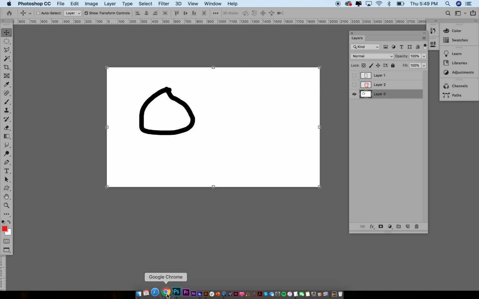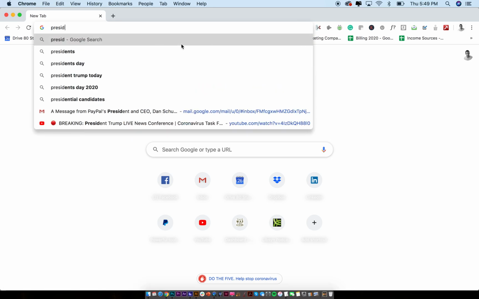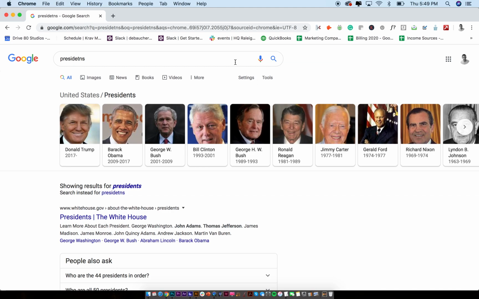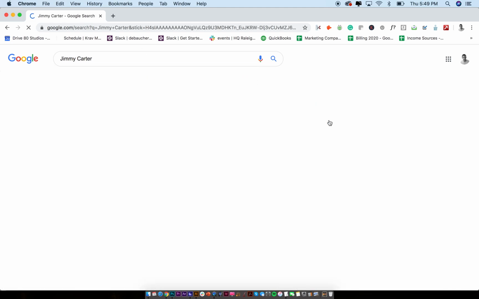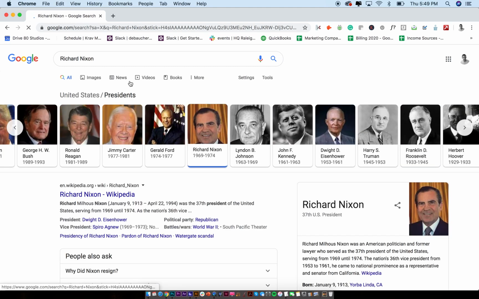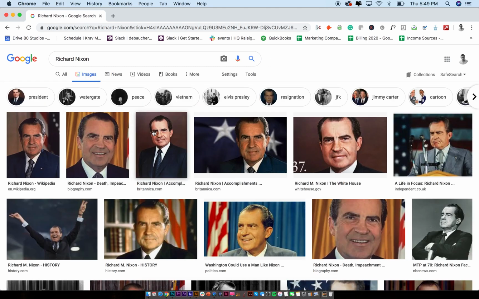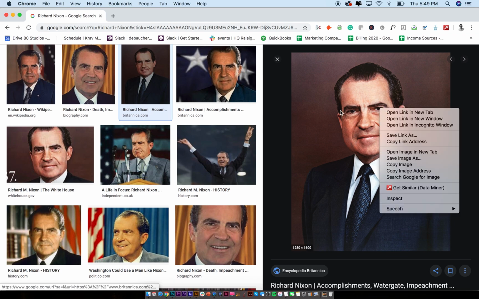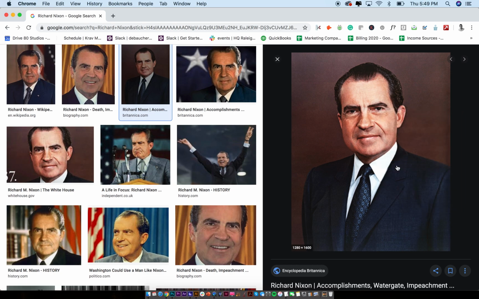So let me show you an example here. So if I go, let's say, presidents. There we go. So let's say I choose Jimmy Carter. No, I don't want to choose Jimmy Carter. Let's say I choose Nixon. There we go. And I go to images, and I got Tricky Dick. So if I left click or right click or control click on this dude, you'll see these options come up here. If I hit copy image, and if I go back to Photoshop, so either I can click it here